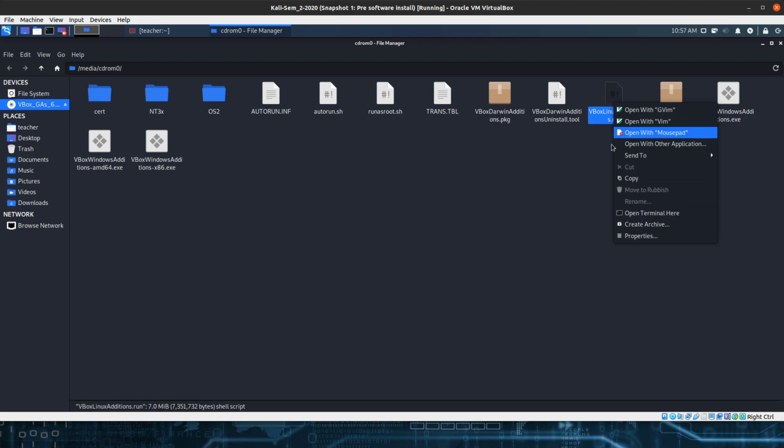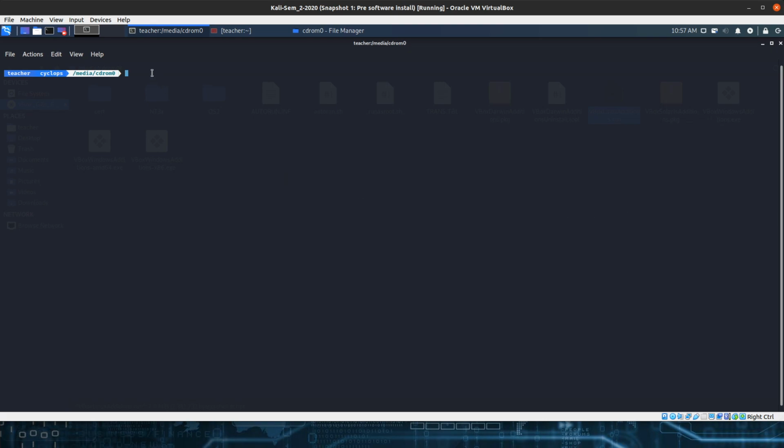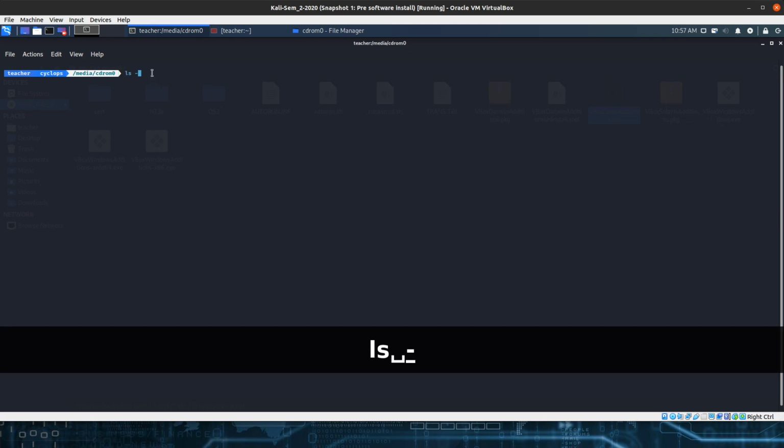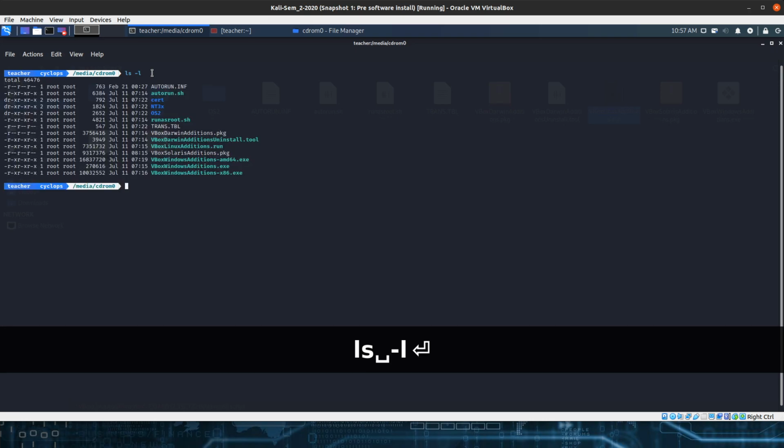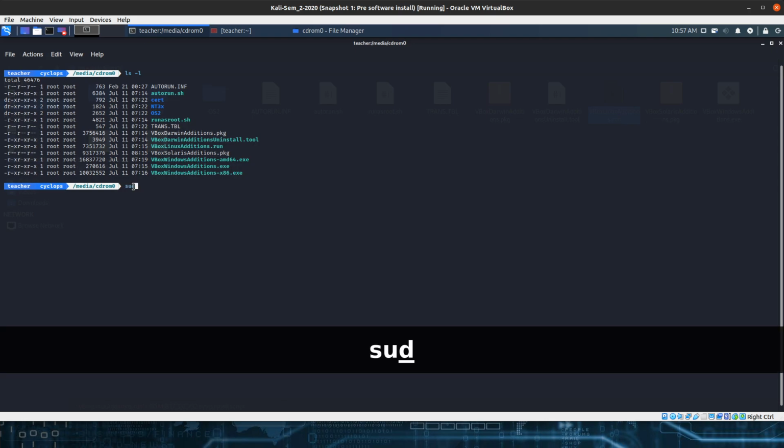Right click it. Open terminal here. At your terminal, just type ls -l just to make sure that you are correct, and we can see our VBox Linux Additions here. Then we'll type in sudo sh